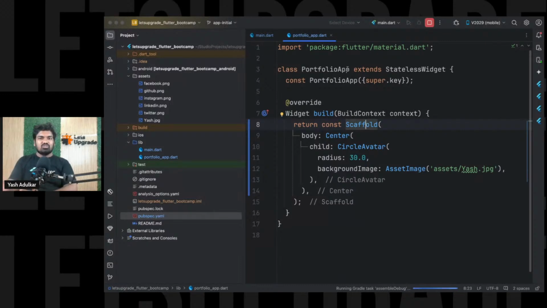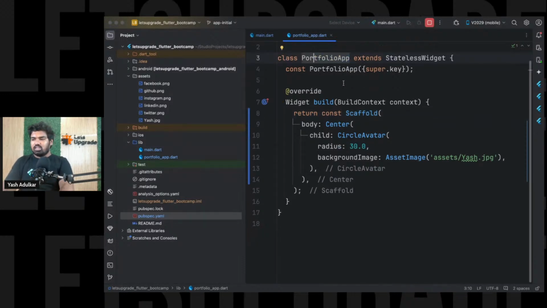If you have Saurabh, there is Saurabh application. If you have any name, you can write it as any application or portfolio screen as well. That is not an issue. It is just a name. Whatever widgets you are introducing, it is better to write them in the build method, and you can only introduce them in the build method, in which we have introduced scaffold, inside which we have introduced a center widget, inside which we have used